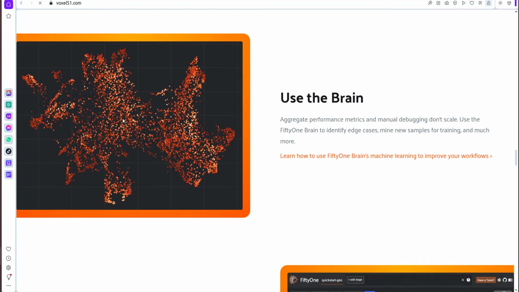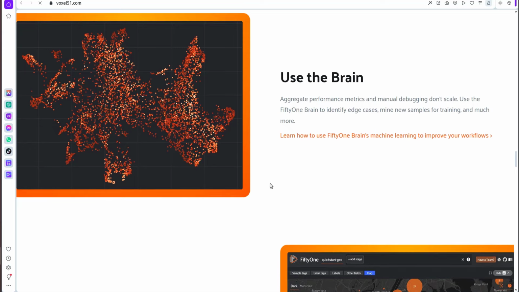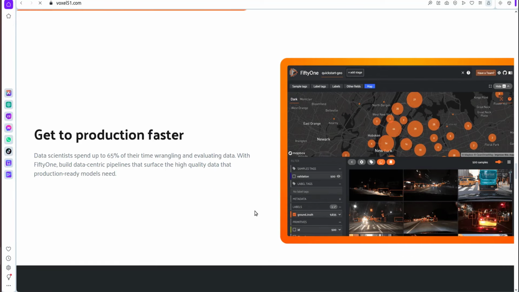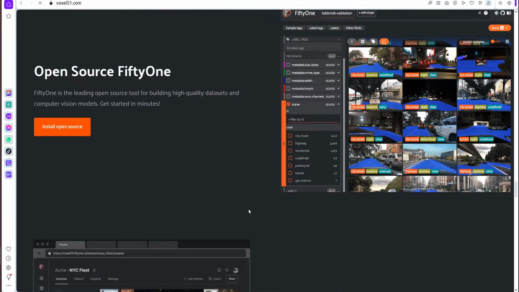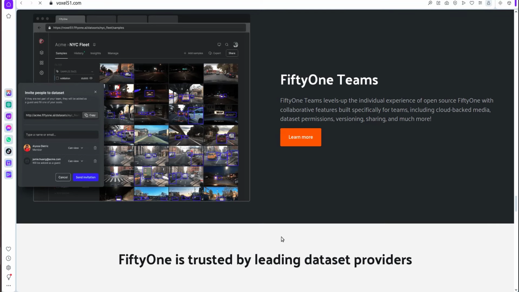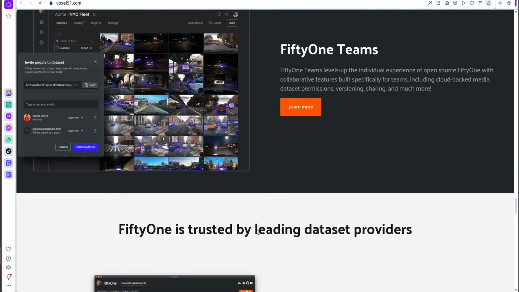You could check out this figure to the left where we have this visualization of embeddings, and as you may know, with embeddings or by visualizing embeddings in this way, we are able to get much more information about our data set, and this really plays a great role when curating data. Then finally, because we're able to curate and evaluate our data much faster, this leads to different teams getting into production even faster. So with this, we would dive into how we could make use of the 51 app to visualize our segmentation